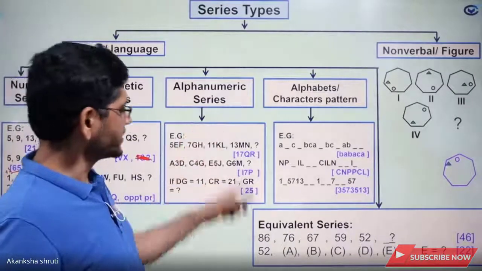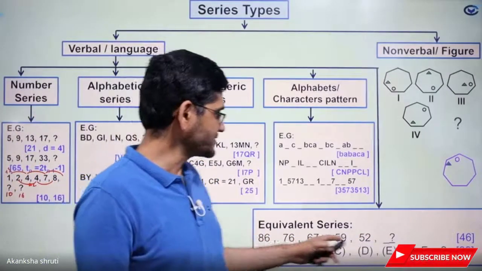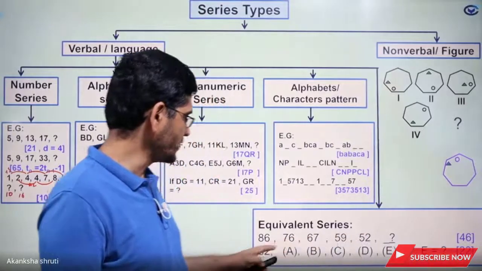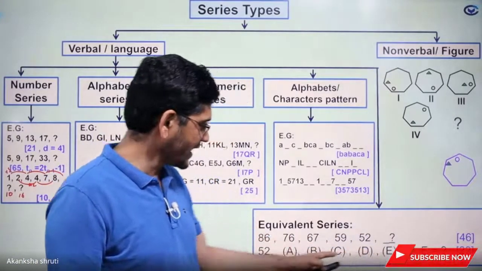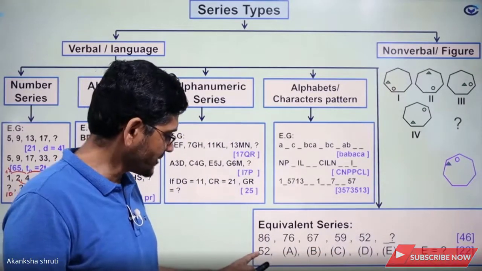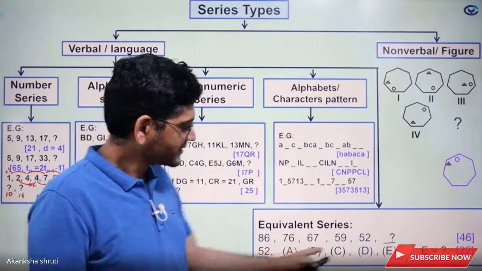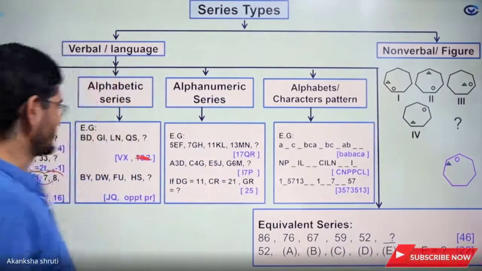Then the next category is formation of equivalent series, in which from the given series we determine the rule, and in the next one, in which A, B, C, D, E are unknown, have to be determined. Their first term is given. So the same rule has to be applied with this first term, and this A, B, C, D, E can be determined. This we have already learned.